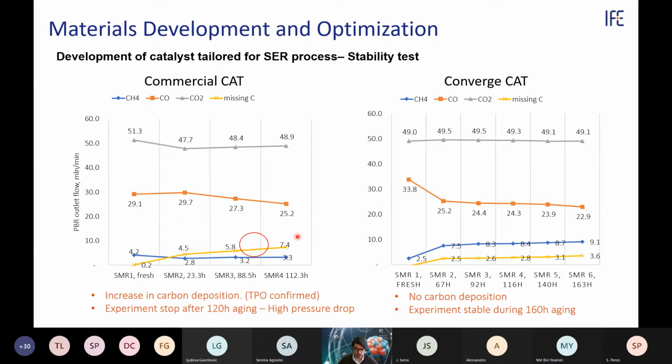I want you to focus on the yellow solid line here, which is related to what we call missing carbon. When we do the mass balance at the end, we don't find this carbon exiting the reactor. We can see that with the fresh catalyst, after many tests, there is low deposition. Then we age this catalyst for almost 24 hours, run another SMR test, another aging to the point of 88 hours, and then 112 hours with SMR tests in the interval. We can see that the missing carbon increased a lot during the aging test,